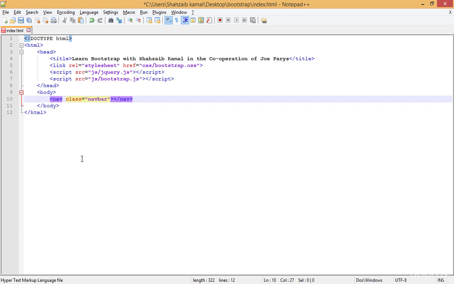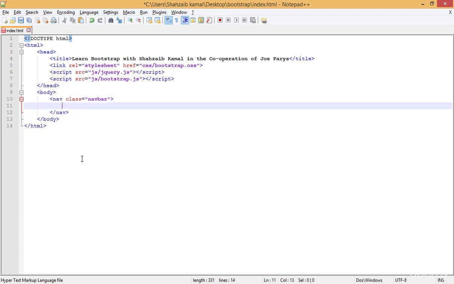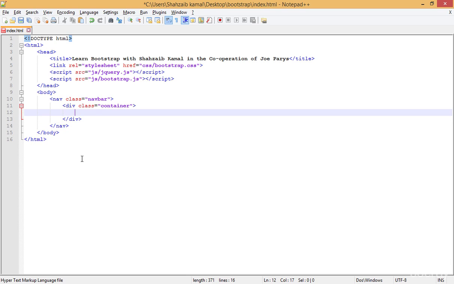By the way, I just created a nav tag, and inside this tag I'm putting the container, because it is really necessary to put the container. At this time I'm just creating a simple container. Then I'll show you the difference between the container-fluid and the container inside the navbar. Inside the container we have to create the div, and there